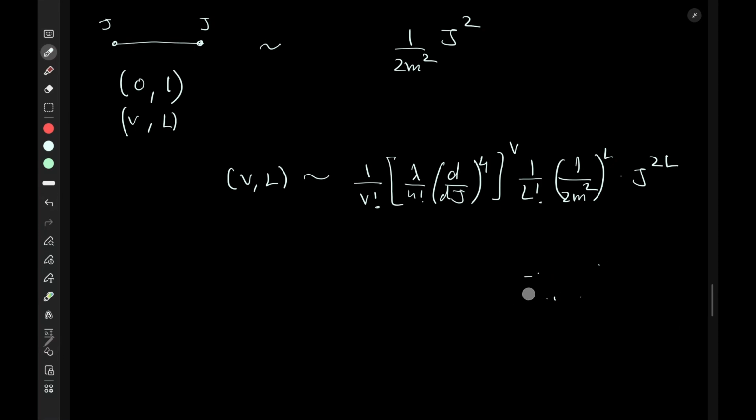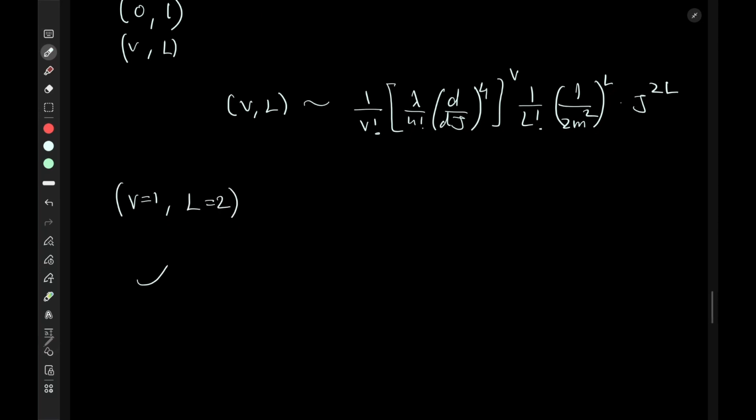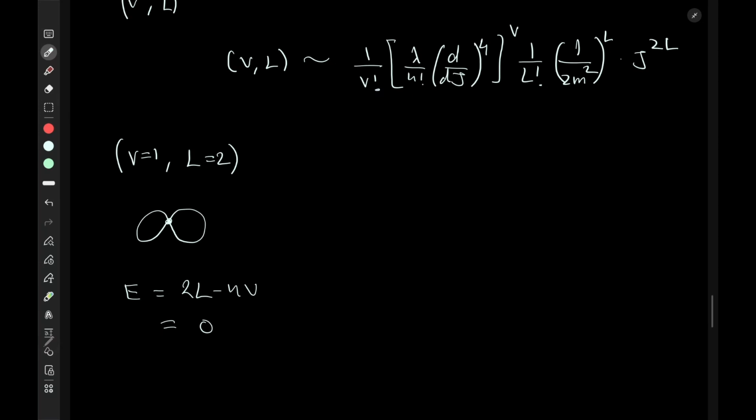Next we can consider another graph. Let's say a graph with one vertex and two lines. This graph will look like this. Two lines are there, one this and one this, and there is only one vertex, and total E from that formula of 2L minus 4V would be 0. As you can see, there is no external source. Such a diagram is called a bubble,